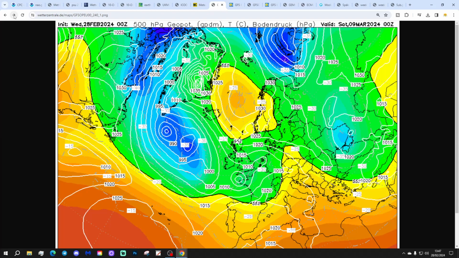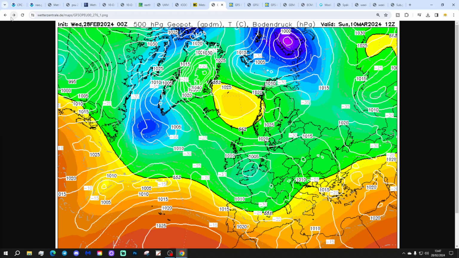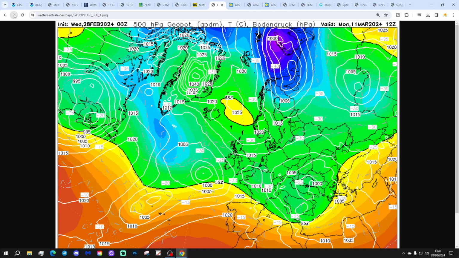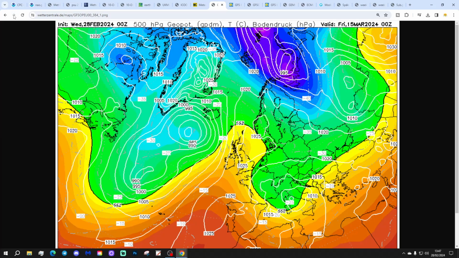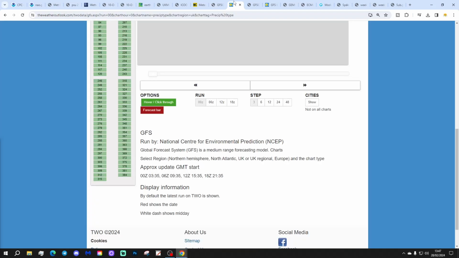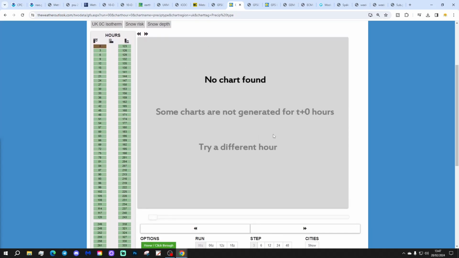Well, we're not finishing because we've still got more slides to go, but by day 10 we've got high pressure to the northeast, low pressures to the south-southwest, again bringing the wind from that easterly direction, so potentially looking a little bit on the chillier side then. Beyond day 10, low pressures in the south bring quite a bit of wet weather with them, I would imagine, and further areas of low pressure driving in from off the Atlantic, coming up against this block away to the east and to the northeast. That's the setup by the end of the GFS midnight run, starting to go a little bit drier under high pressure there. But that was a wet couple of weeks, I have to say, from the GFS.